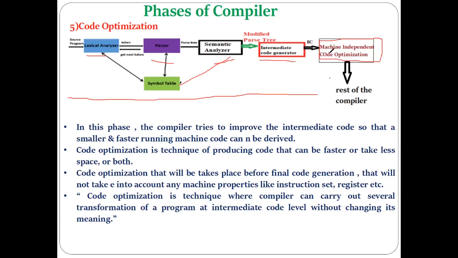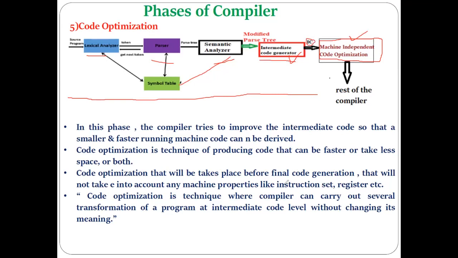As you can easily see here, machine independent code optimization receives its input from the previous phase, that is the intermediate code generator, which sends the intermediate code to the code optimizer. Then in the code optimizer, if required, the code optimization gets performed. What exactly code optimization is, what its techniques are, with examples, all these things we are going to discuss here. Just keep in mind that the code optimizer takes its input from the intermediate code generator, and that input is the intermediate code.